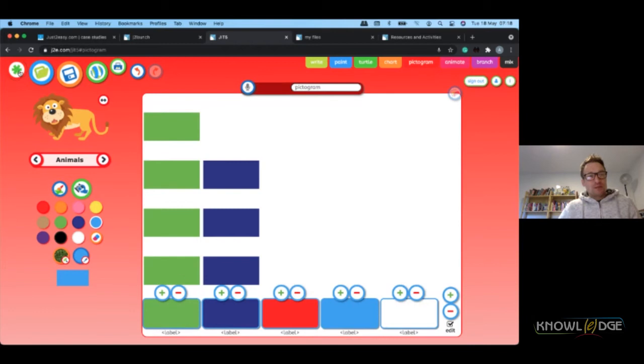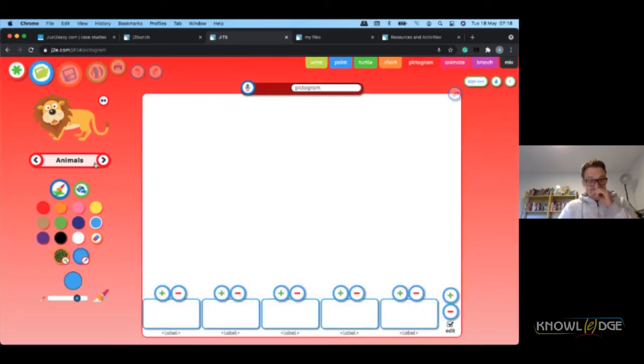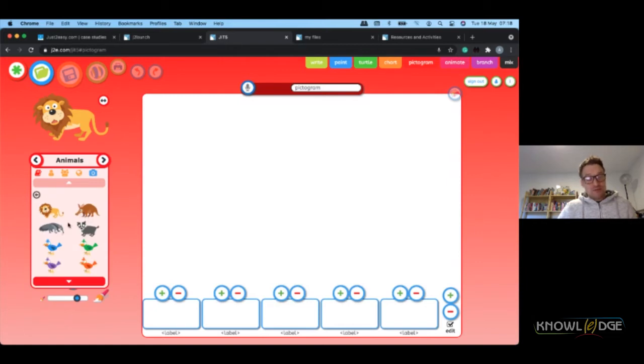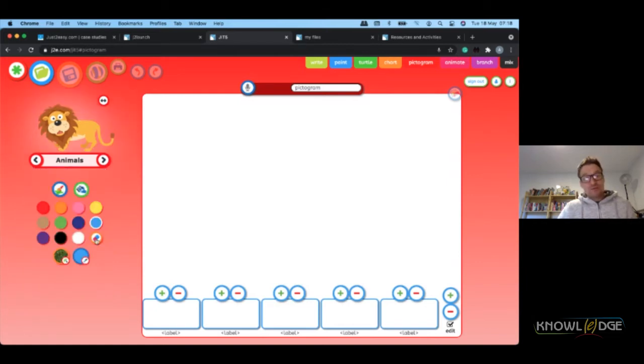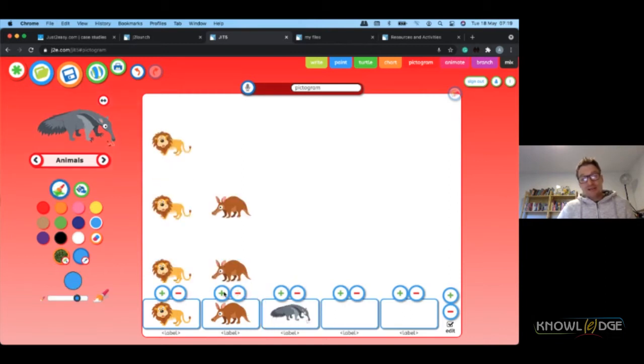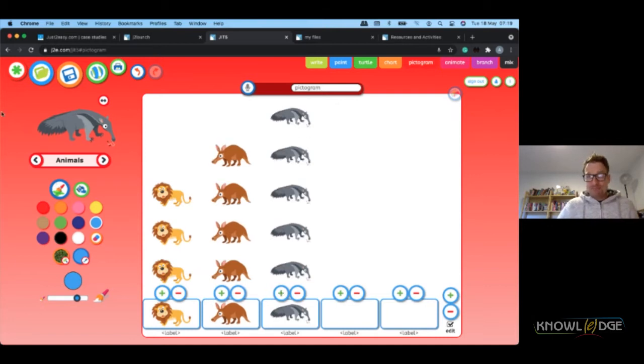If we wanted to do that alternatively with objects or predetermined clip art, we could do that here as well. So for example, we could count different animals. If the children went to the zoo, for example, we could count animals, and here I am just adding all the different animals into my chart and starting to add them into my pictogram.